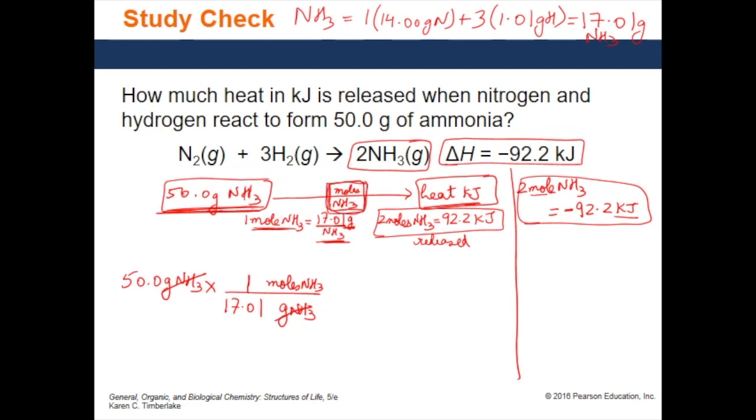Now I can go from moles to heat, and I need to use this conversion factor for that. To cancel moles, I'll divide by moles of ammonia and multiply by kilojoules of heat released. Okay, how many moles of ammonia? 2 moles. How much heat? 92.2 kilojoules. Now moles and moles got cancelled. Our final answer is in kilojoules of heat. If you plug this into your calculator,